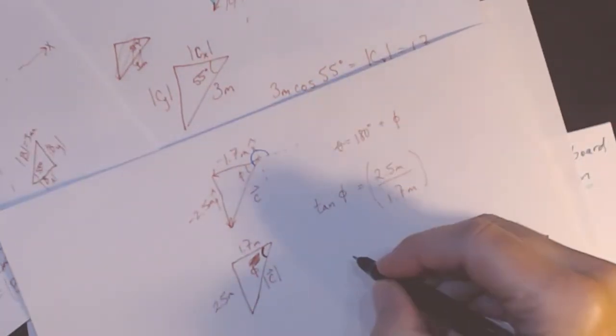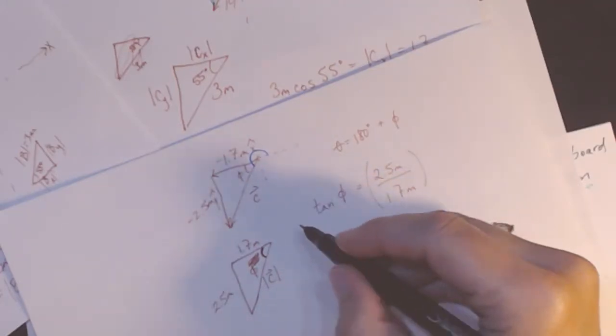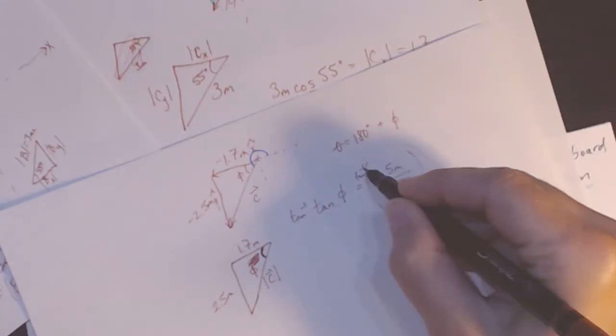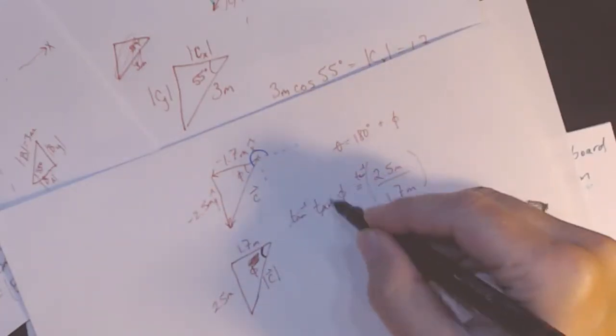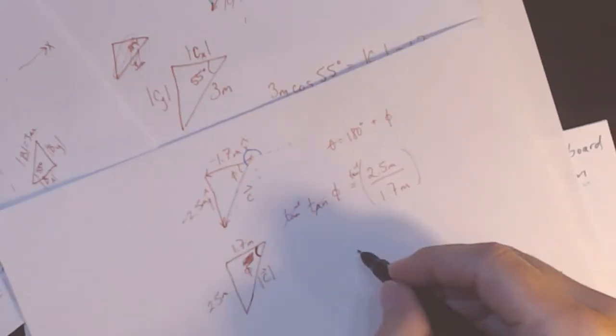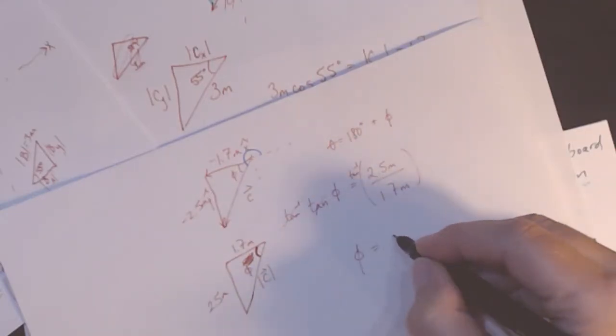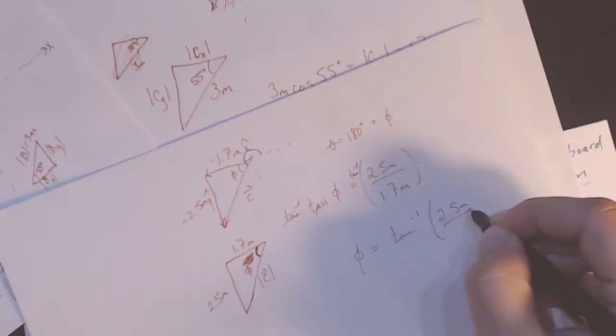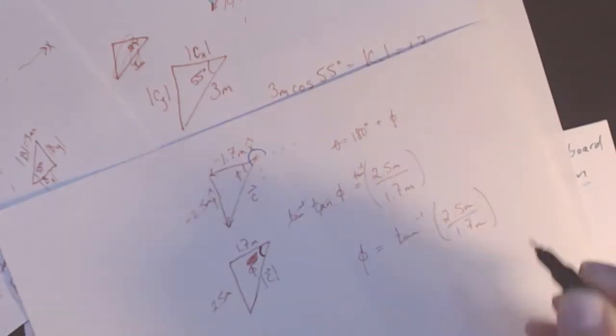All right, so to solve for phi here, I need to take the inverse tangent of both sides. That will give me phi, because it inverts my tangent. And then I just have the inverse tangent of 2.5 meters over 1.7 meters. And I get, when I take tangent inverse on my calculator, 2.5 divided by 1.7,